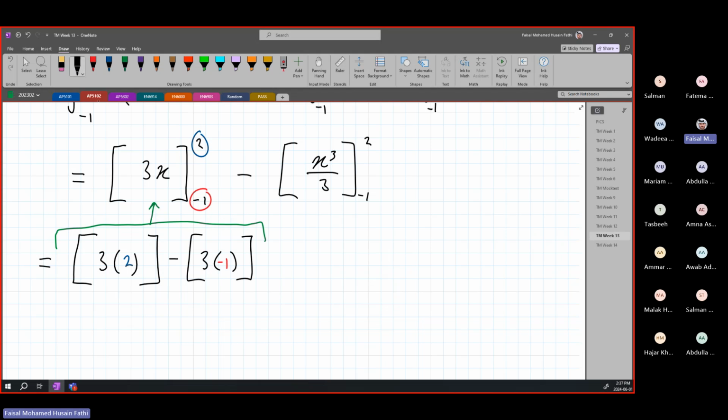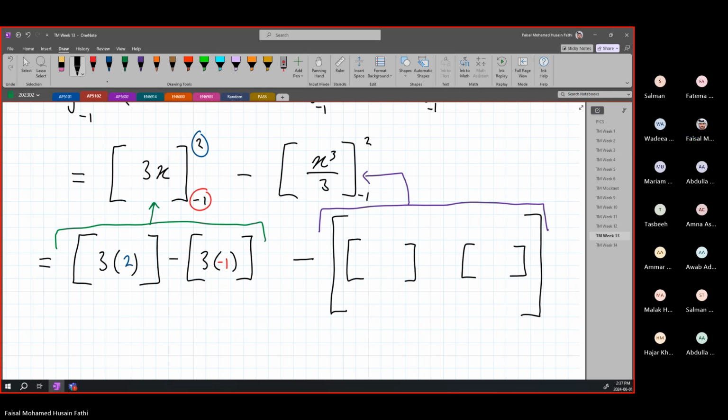Now the second part, we're going to have a minus, and I'm going to put large brackets first because we have a minus outside. So this is minus times everything. That is going to be from this part over here. So this part is coming from this one, okay? So we're going to have our 2 brackets, right? Again, just go step by step. There's no need for any confusion. Just go step by step. X cubed over 3. So it's x cubed over 3. I usually just always write it down with brackets, and there's going to be a minus in between.